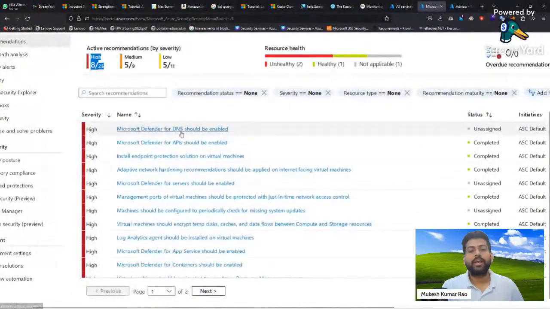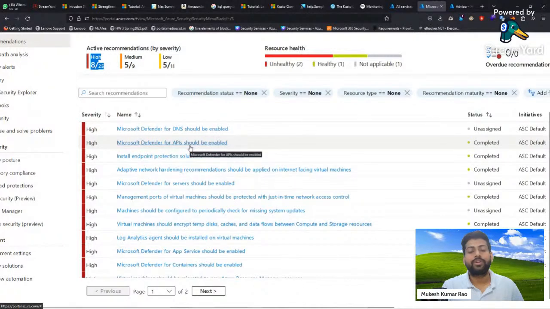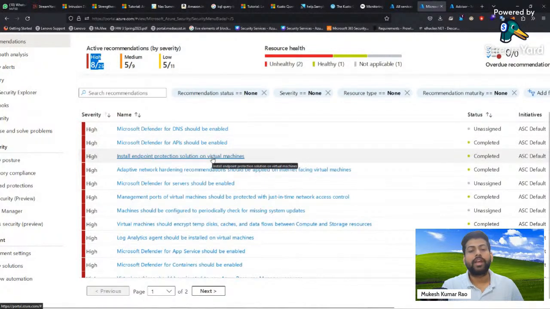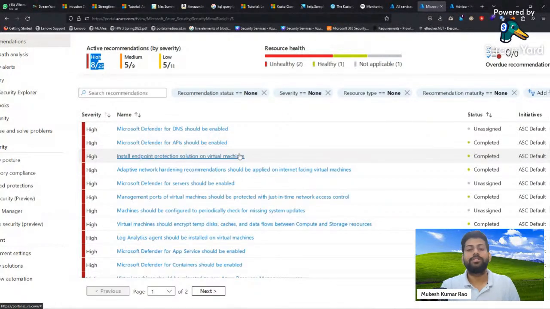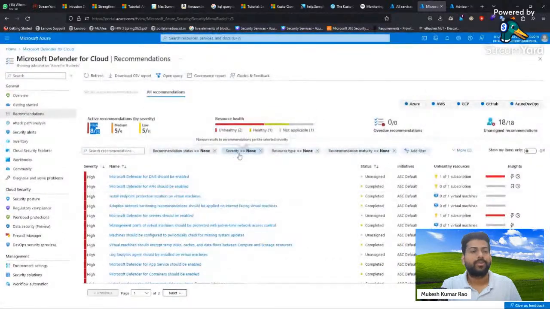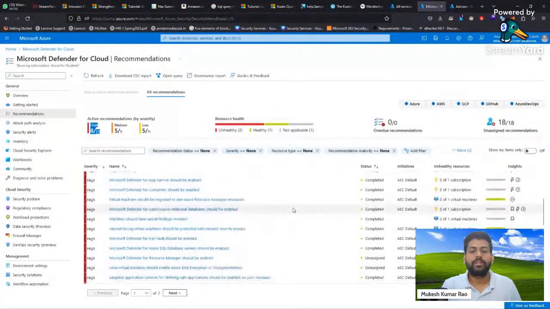That means I need to enable protection for DNS, enable protection for APIs, and install an endpoint protection solution on the virtual machine. Like last time, we just launched a virtual machine, but we didn't integrate the monitoring. So there is a chance, if the virtual machine has a public IP to access, that anybody can try to hack or compromise that particular virtual machine. That recommendation is provided by Defender, and you can see all this part is there.